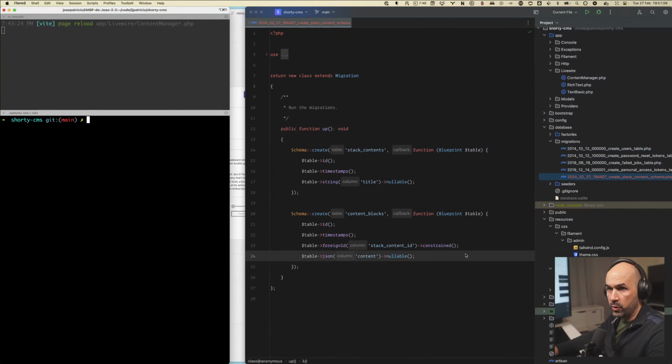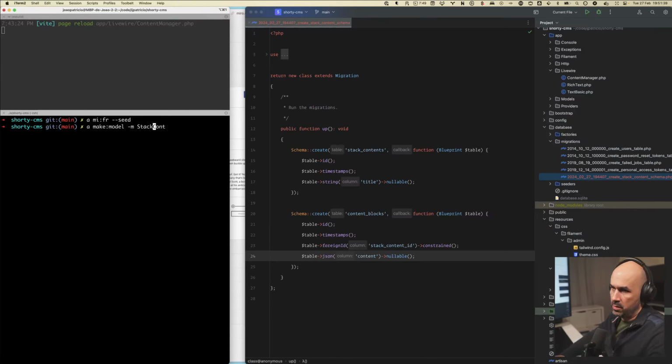Okay, so if all goes well, I'll just migrate fresh seed. Oh, and I have to have the models, right? I will add a migration just to ensure the name. I prefer to have the names accordingly. I don't like to change the table name property on the Eloquent model. I might run into some issues sometimes on relationships and so on. So let's see. Stack content